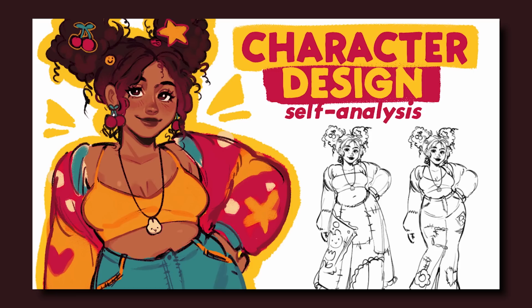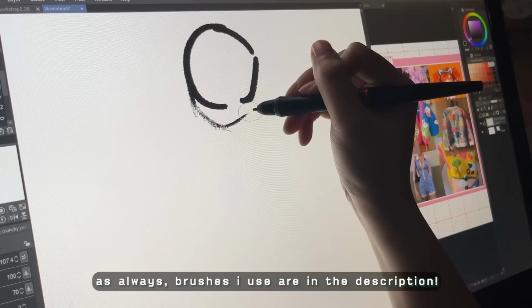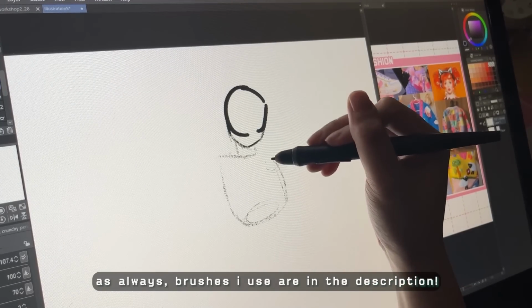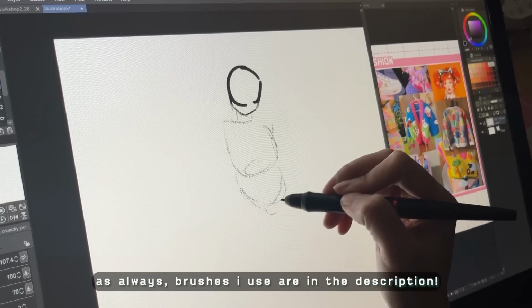I wanted to design this character, but it took me like a month, which is honestly the longest I've ever spent on a design. And I really struggled through it. Like, yikes, right? So I'm here to kind of self-critique what I think I did well and also recognize and acknowledge what went wrong so that I could possibly do better in the future.